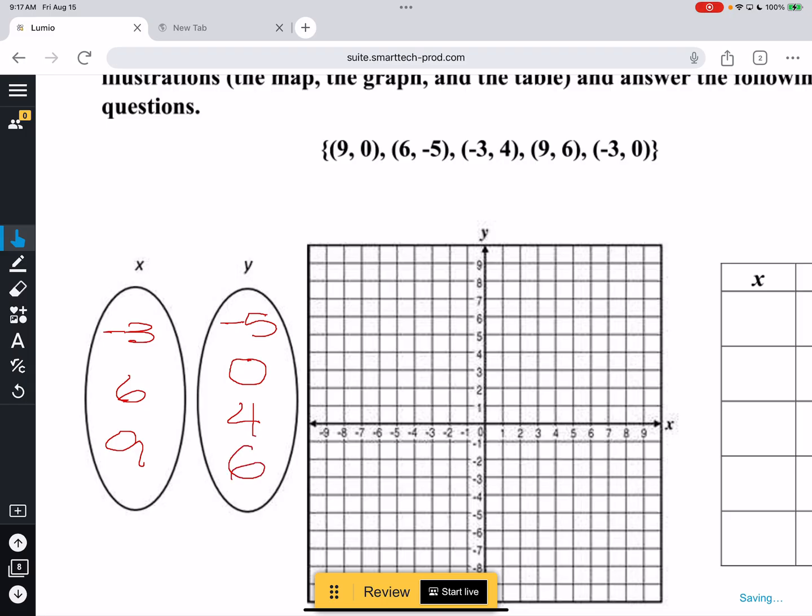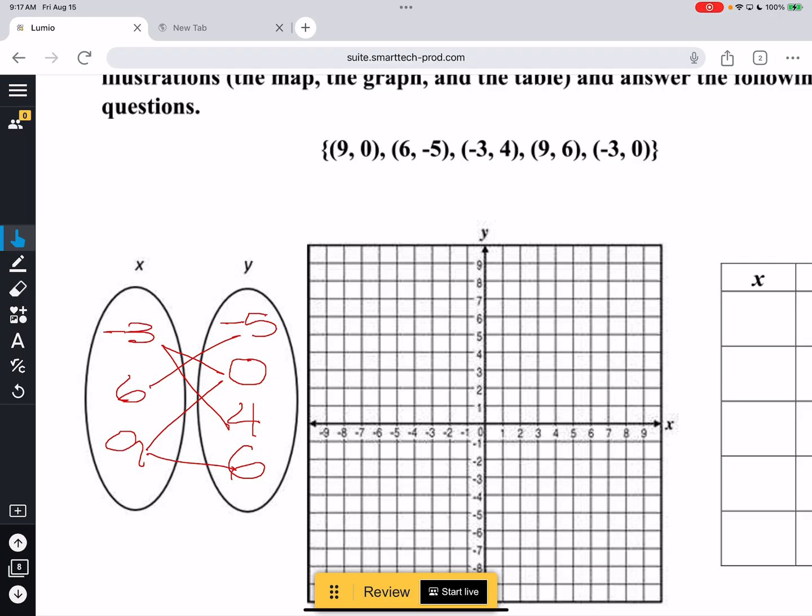Then you draw arrows from the X to its buddy in the Y. So from 9, we would go to 0. From 6, we would go to -5. From -3, we go to 4. From 9, we go to 6. And from -3, we go to 0. At a glance,